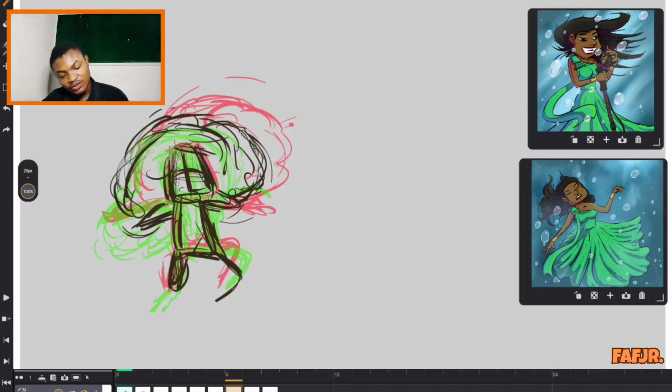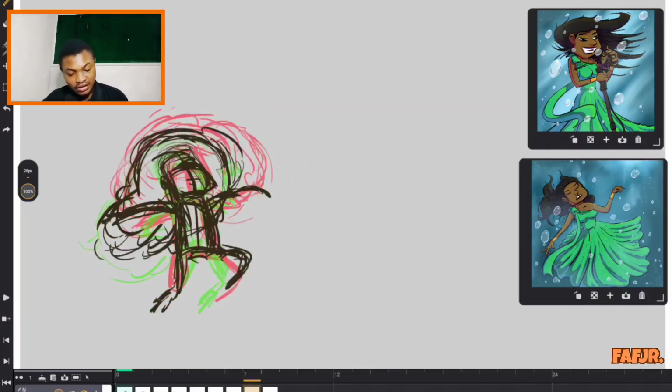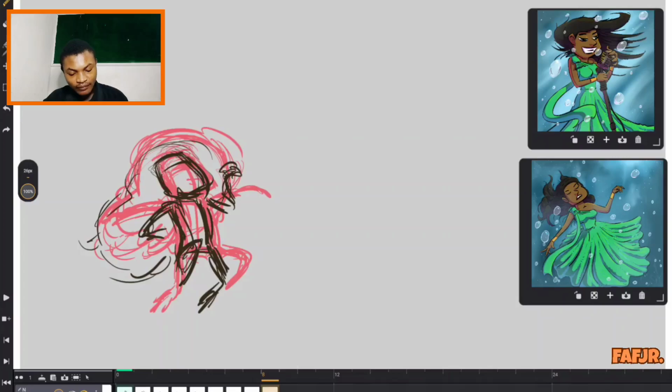But definitely it won't be rough like this in the final clean up or drawing. So we feel that push,